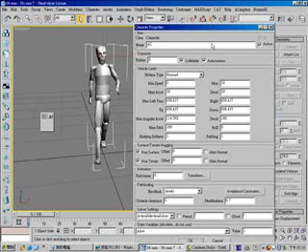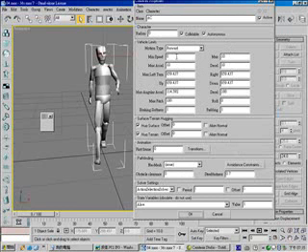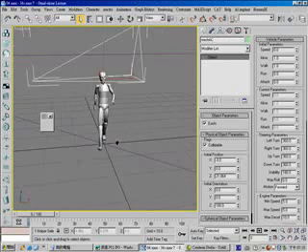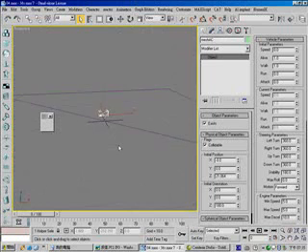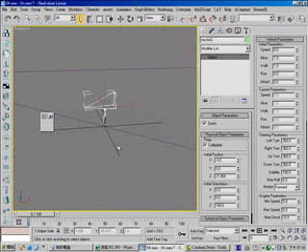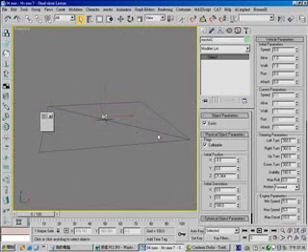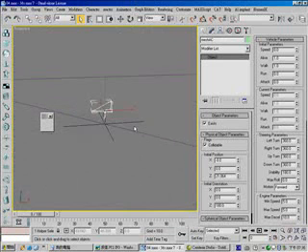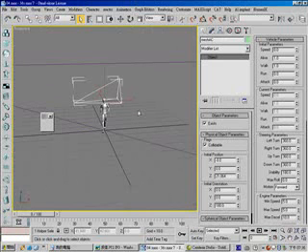And let me set the minimum speed to 5, maximum speed to 5, and hit OK. This will generate a helper, the AI character, and the solver, the rectangle one. Okay, and now go to the